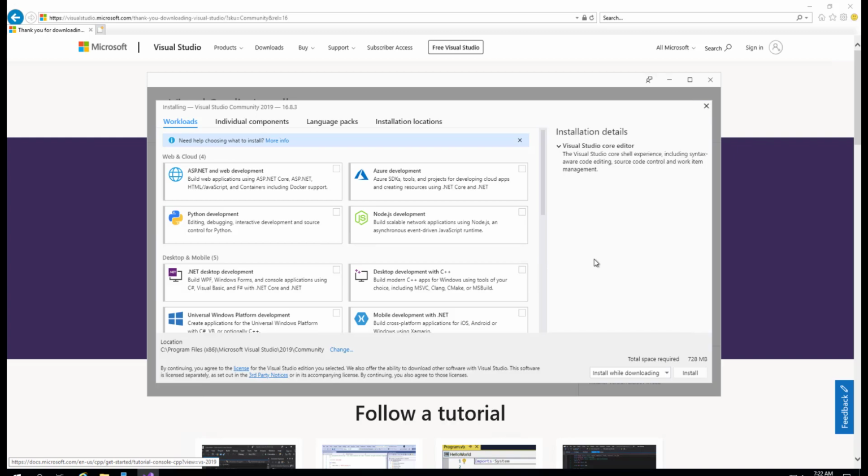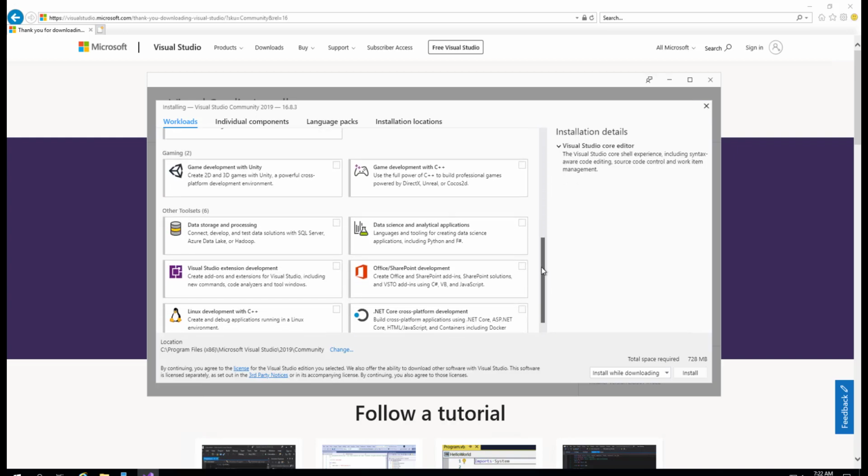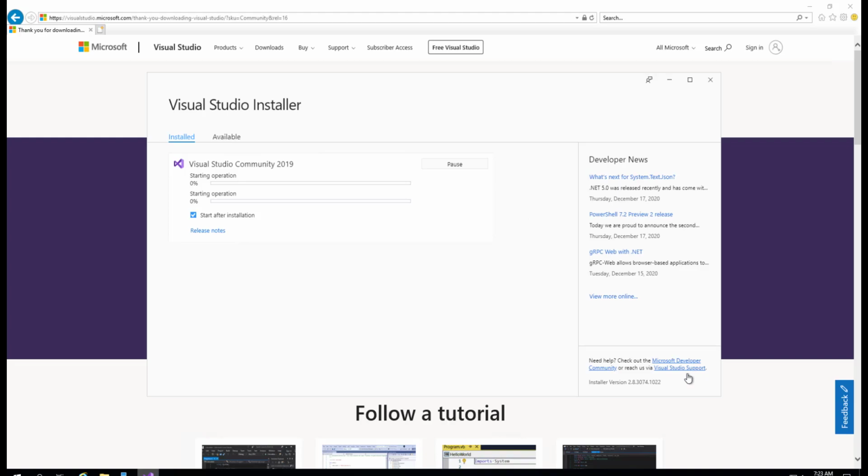SSDT has a type of project called Integration Services project, which will be used for creating the required SSIS packages. So we need to now search for SQL Server Data Tools. SQL Server Data Tools are part of data storage and processing toolsets. When you select the data storage and processing toolset, you can see on your right side the tools which are part of it. Here we require only SQL Server Data Tools, so you can uncheck the other two and click on Install so that it starts installing the SQL Server Data Tools component, which is part of the